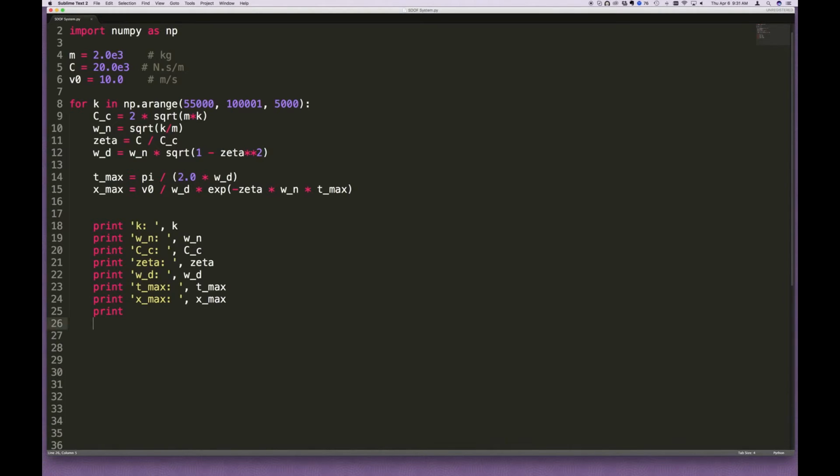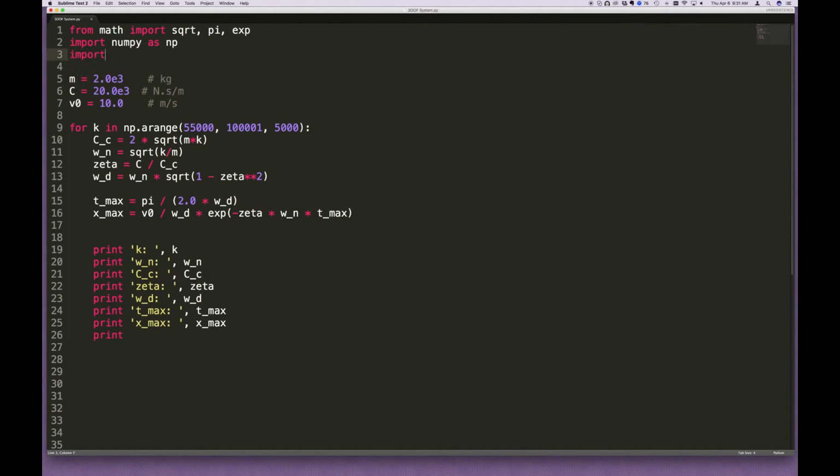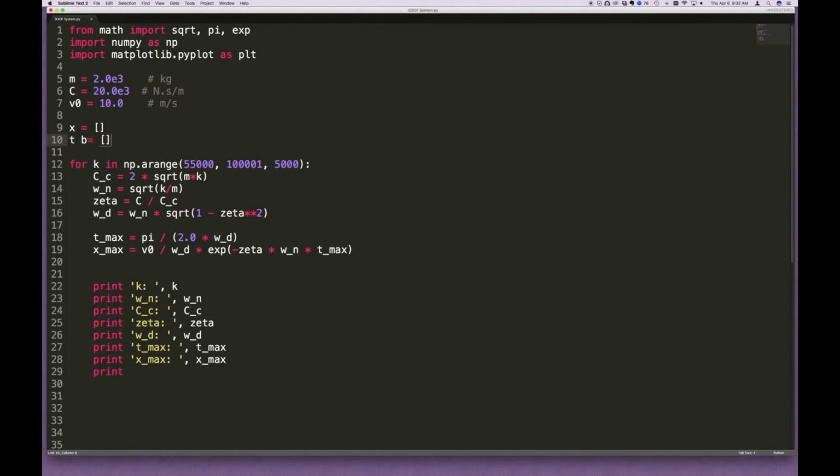All right, so it's a little bit hard to look at that and see what's going on. So to make one more change to the code, what I think we should do is plot this. And the way we plot it is by using a library called matplotlib. So we want to import matplotlib.pyplot as plt for short. And then we would like to store certain values. What would I like to plot? I'd like to plot x and t. So a list for x and a list for t,